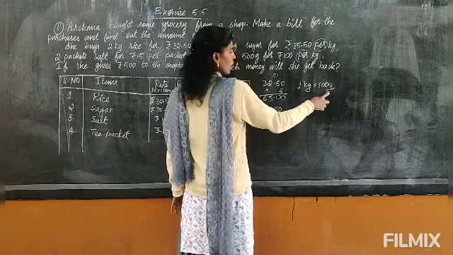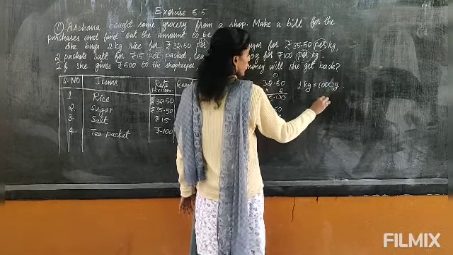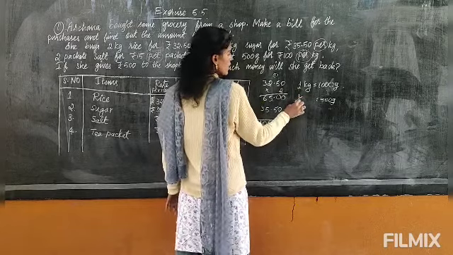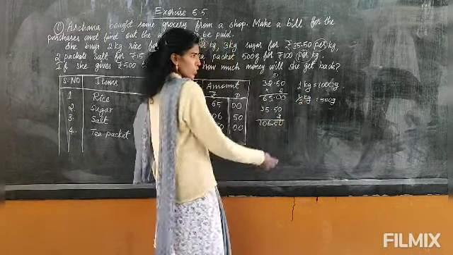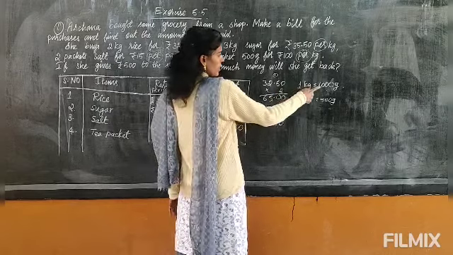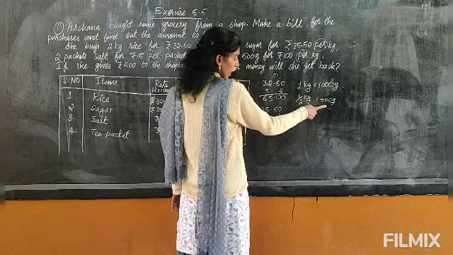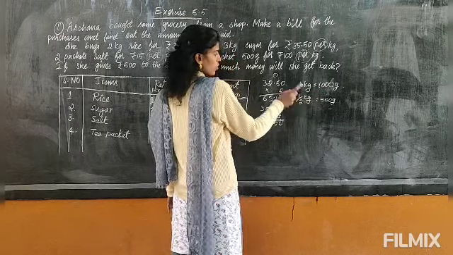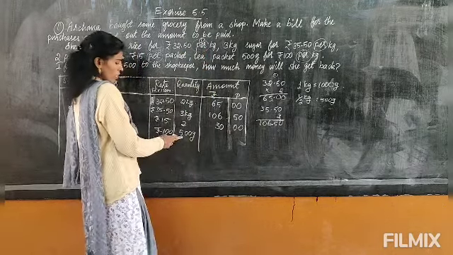1 kilogram is 1000 gram. She is buying only 500 gram, that means it is half kilo. Okay, this you must know. 1 kilogram is 1000 gram, but she is buying 500 gram. So in 1000, half is 500, no? So this will be half kg. So she is buying only half kg, that is 500 grams.